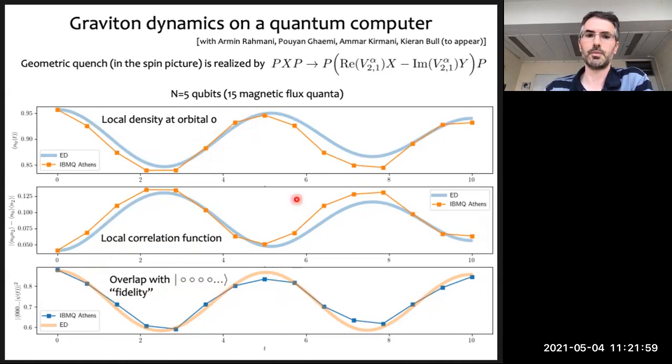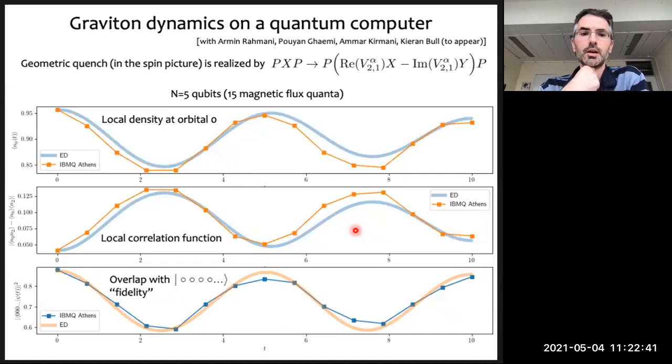expect them from the, well, we can't directly test here the geometric equations because we're not measuring the metric directly, because we don't have a nice simple operator that we can measure to do that. So that's why we looked at things like local observables and local correlation functions and something like this fidelity. So we can see that probably there's a similar type of physics going on, but I guess we're going to think a little bit more whether we can also directly measure the metric